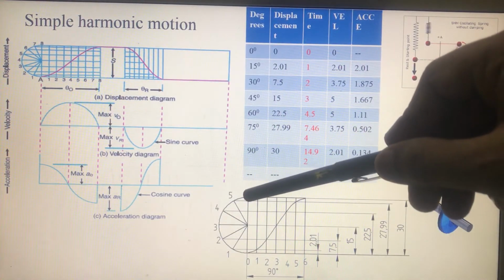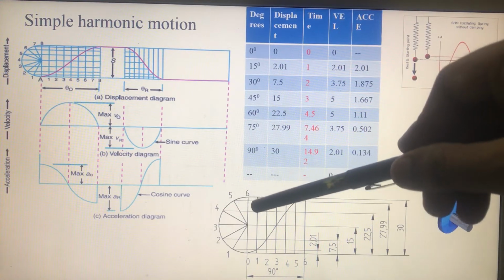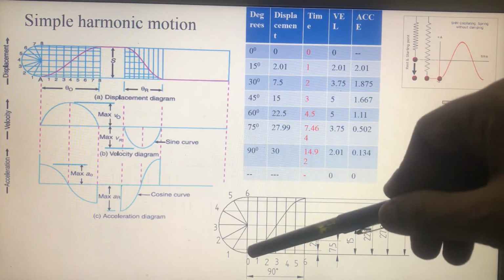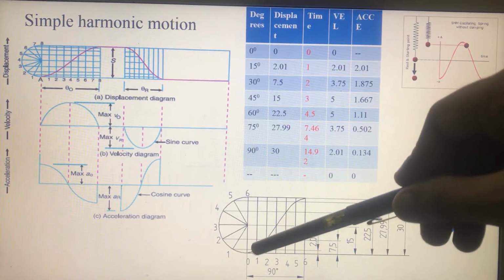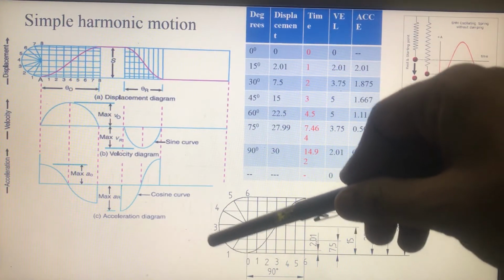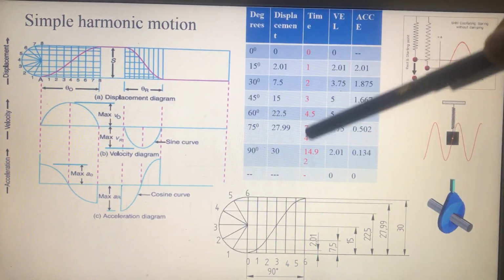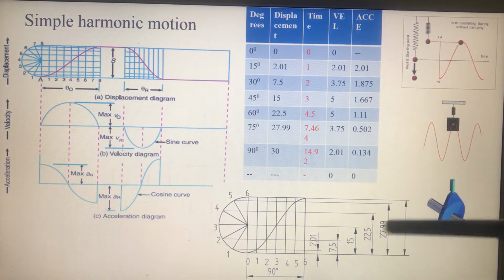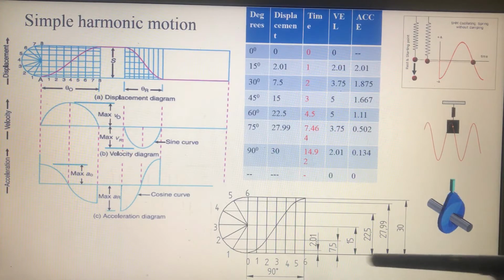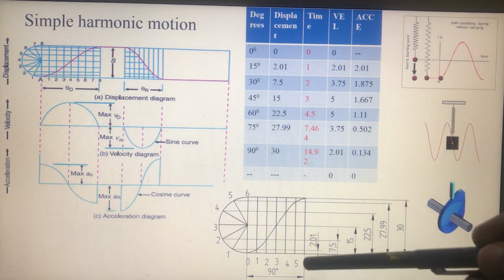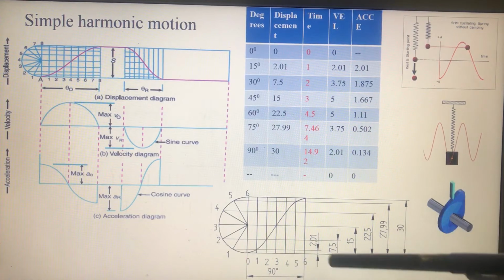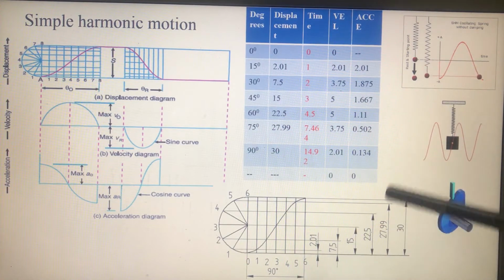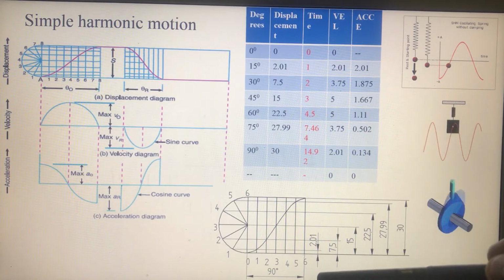After drawing this semicircle, I am dividing it into 6 equal parts, that is 30 degrees each. Then I'll represent the points as 0, 1, 2, 3, 4, 5, 6. Later, on the horizontal axis, that is the x-axis, I am taking the angle of rise as 90 degree. Then this 90 degree is divided into 6 equal parts again, that is 15 degrees each.